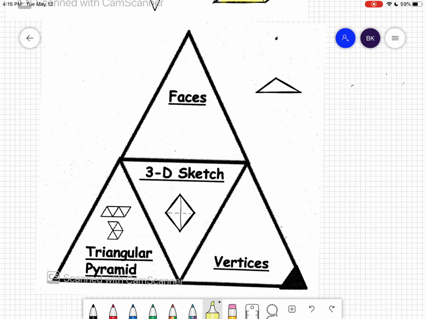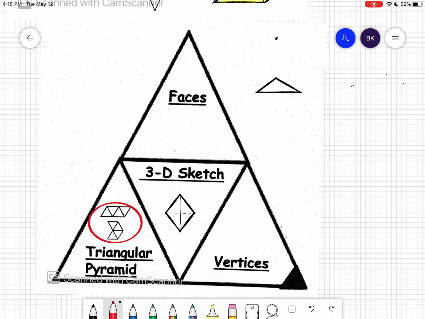Moving on to our last shape, and this is a nice looking triangular pyramid. Notice it doesn't have any rectangles in it. It's a pyramid because it has 3 triangles, and the base is also a triangle. So 4 triangles total. And I'm showing you 2 other nets that represent a triangular